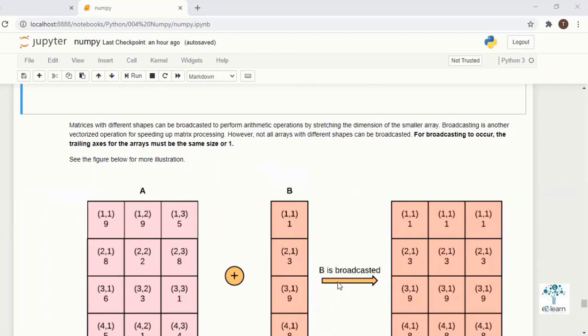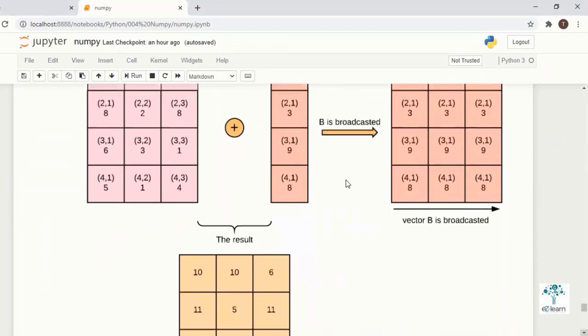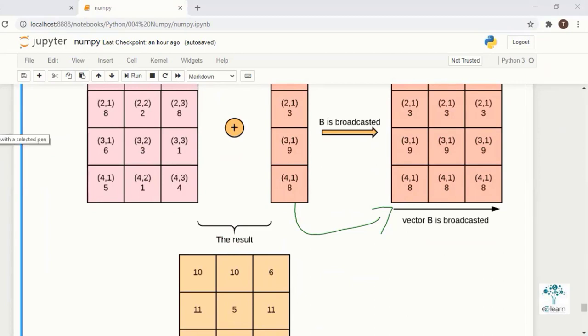I will share the document, go through it. Vector B is broadcast like this. This one is getting broadcast, this one is getting broadcast, and after that it is added. The operation is happening. That is called broadcasting.